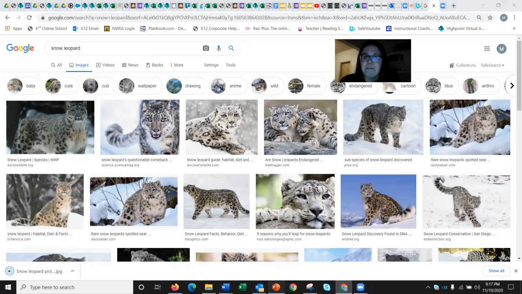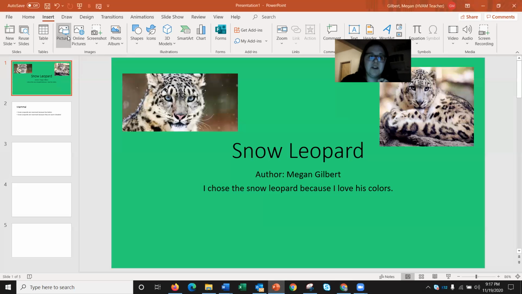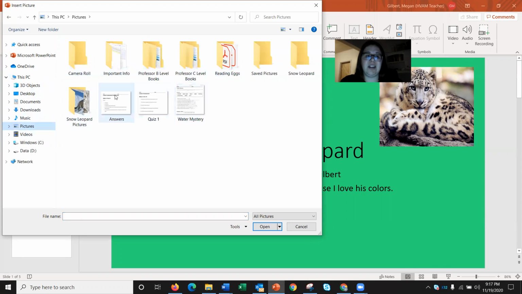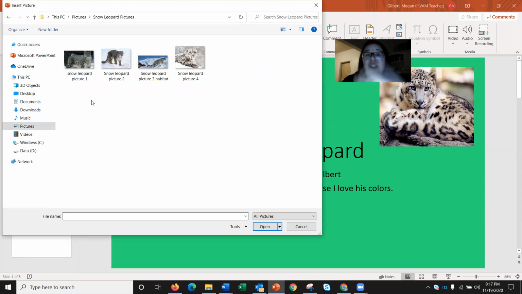And then going back to that PowerPoint, going to insert picture, go to your pictures and your files, click on the snow leopard pictures. Now your student already has access to pictures that are safe, that you already handpicked. Now, I do suggest saving at least 20 pictures because in the end, this is the